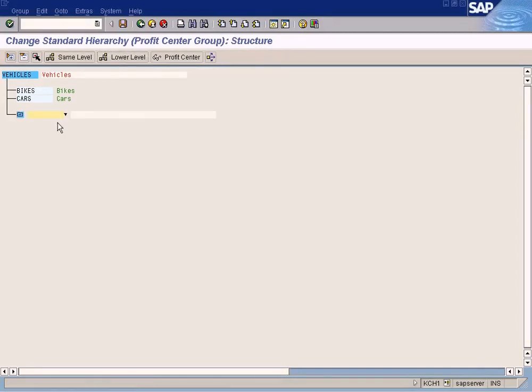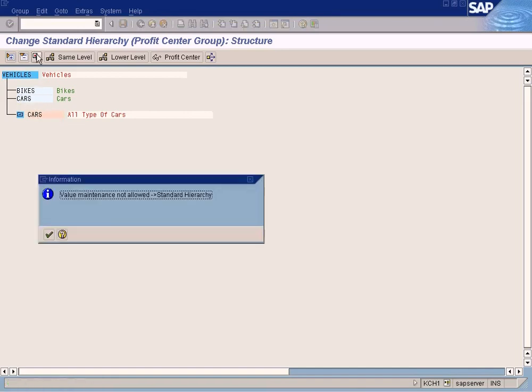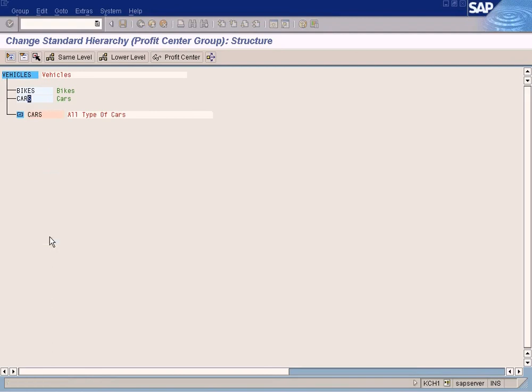I'm going to create, how do I do that? Not the same level, lower level, and I'm going to create cars, all types of cars. Then I'm going to pull this, save it. I'm going to pull this,